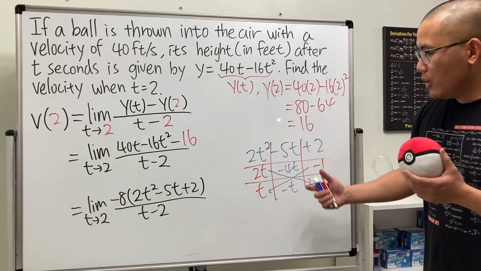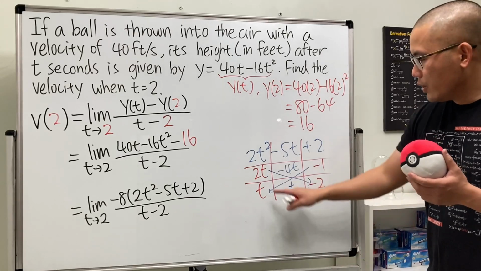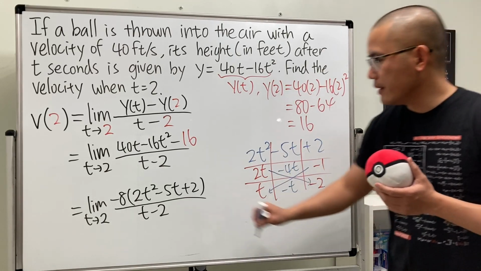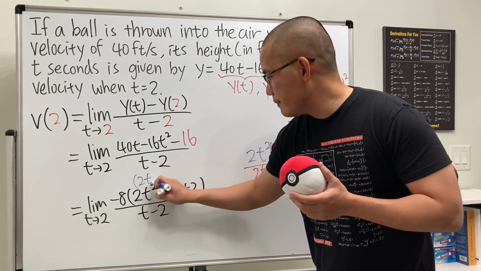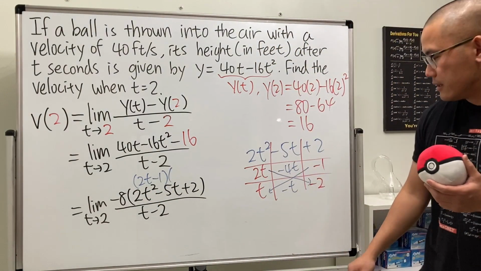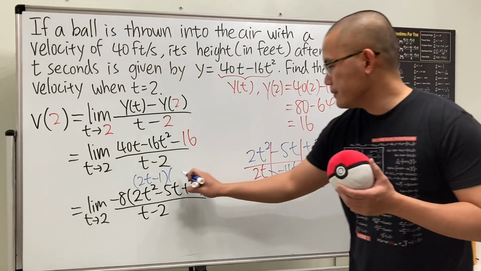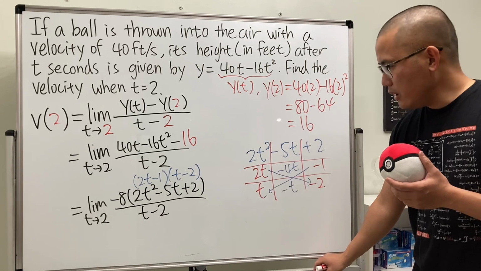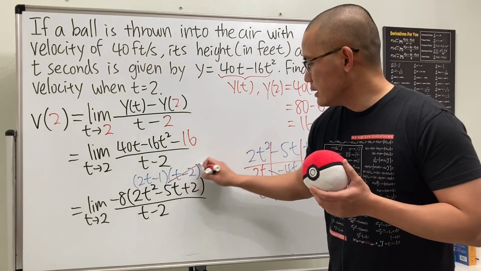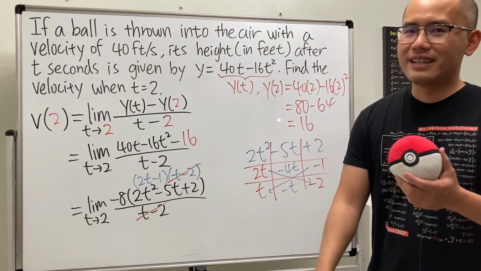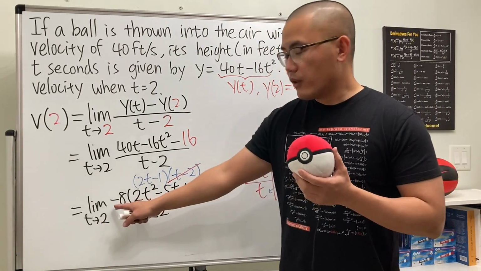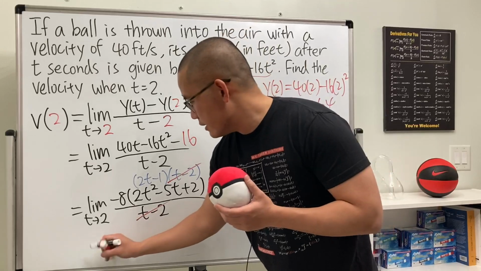But remember, to read this for the answer, we go across. So the first factor is 2t minus 1. So let me put it down on the top right here. And then the second factor is t minus 2. Alright, and now, as we can see, this and that cancel each other out. So in the end, we just have to put the 2 into this t, and don't forget we still have this minus 8 here. So we will have,